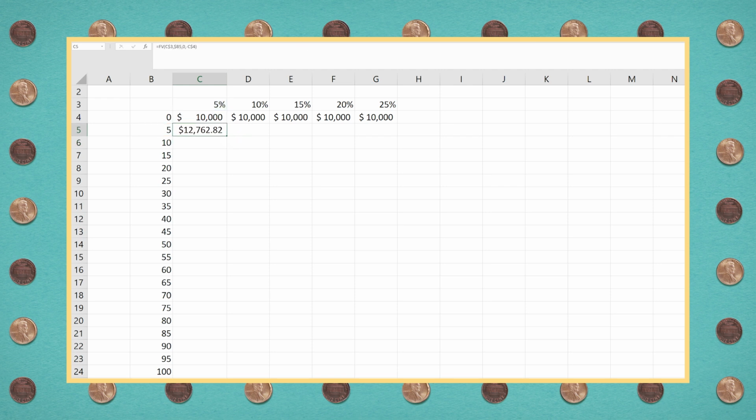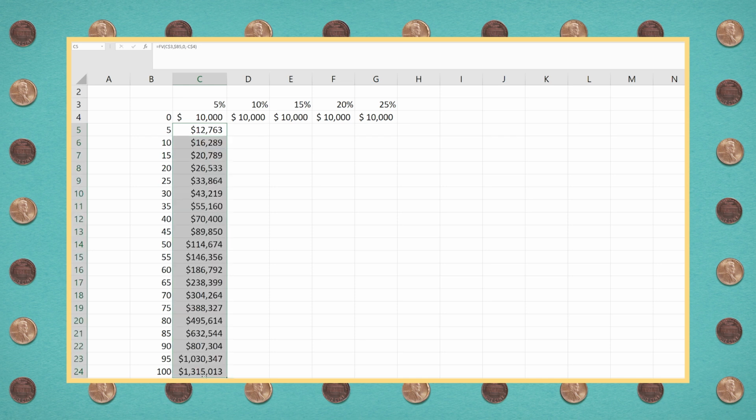So let's see first what we would have if we grew for 100 years, $10,000 at 5% a year. We would have $1.3 million in 100 years. That's pretty good. $1 million is nice to have. If we went to 10%, do we think that number will double or more than double?